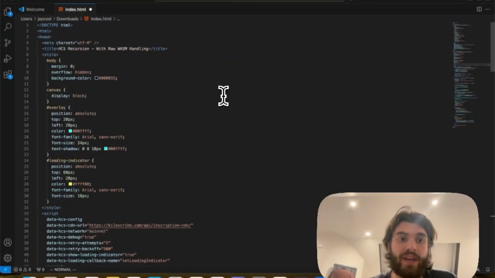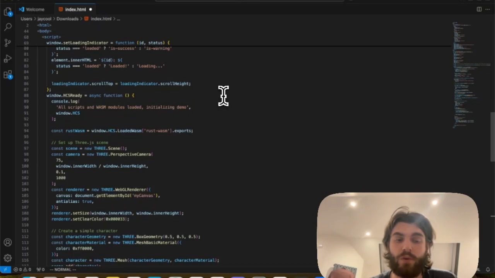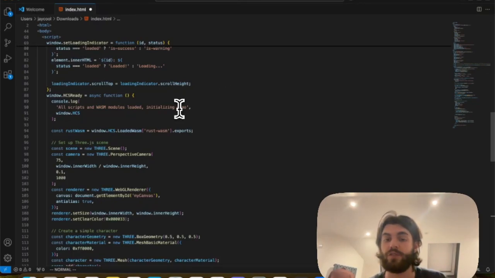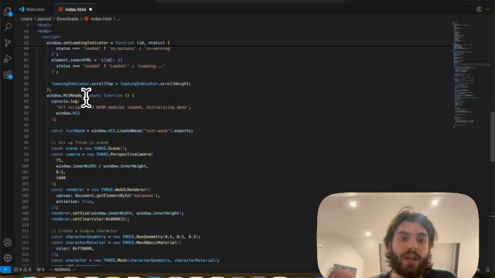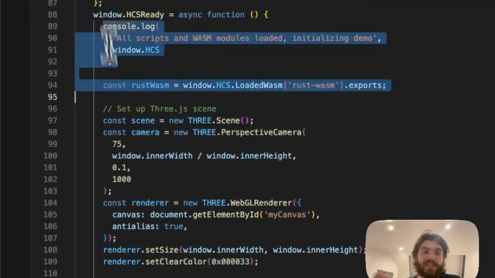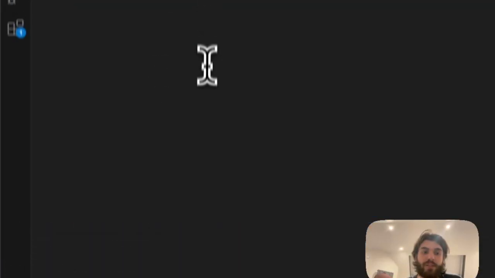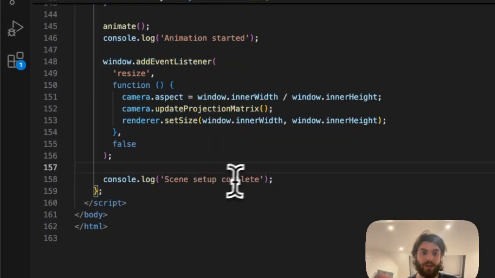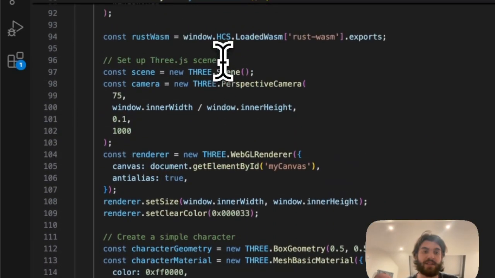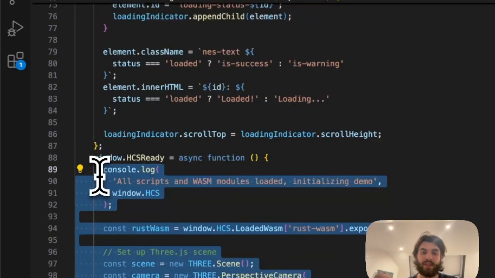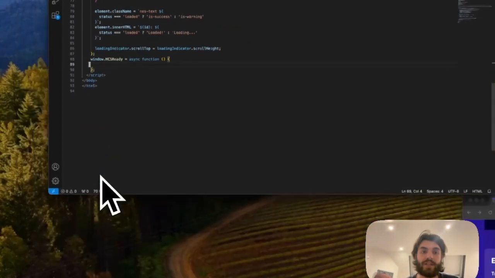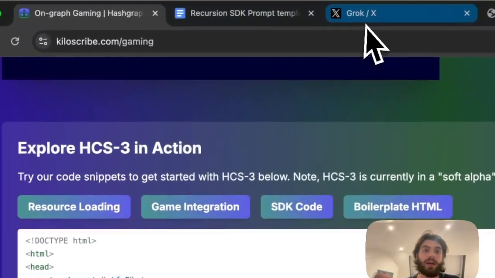So what we have here is a template which is required in order to start building using the Hashgraph SDK. Let's firstly just remove all of this data which we don't need, and I'm going really quick here, so this is just meant to be a speed run. If you do have questions, go into the comments. I'm just going to delete all of this data. This is what we're going to be replacing, and we are then going to head back over to Chrome,